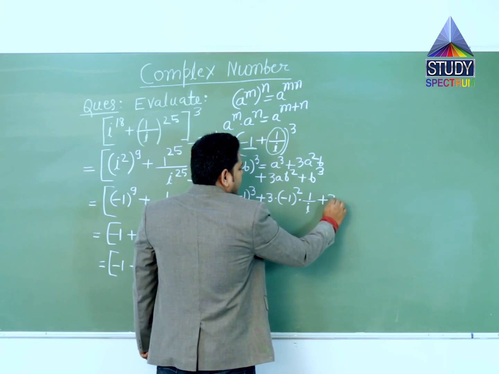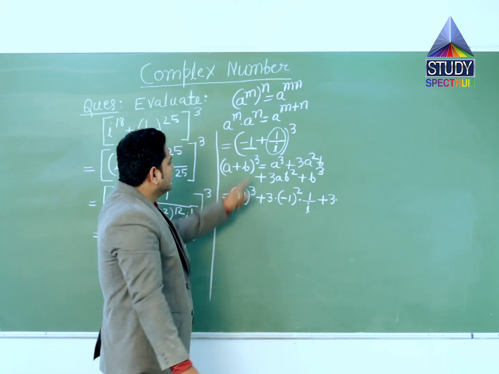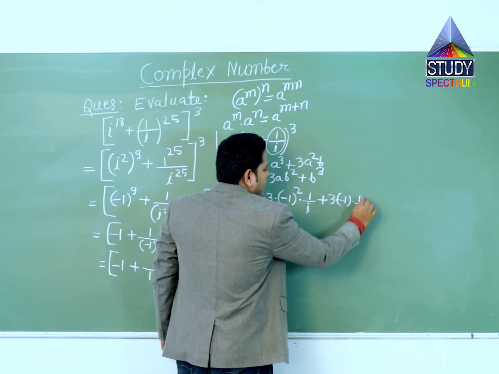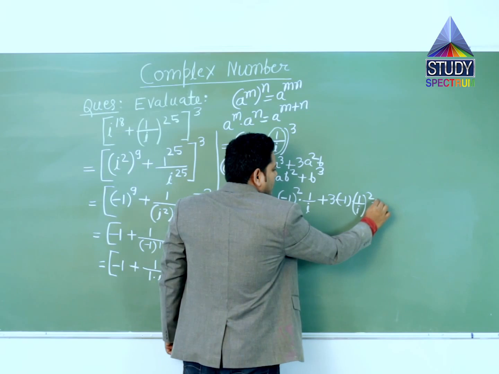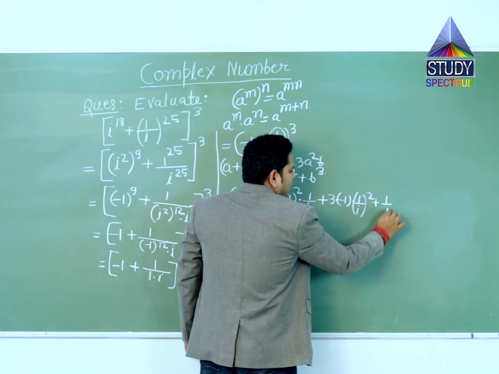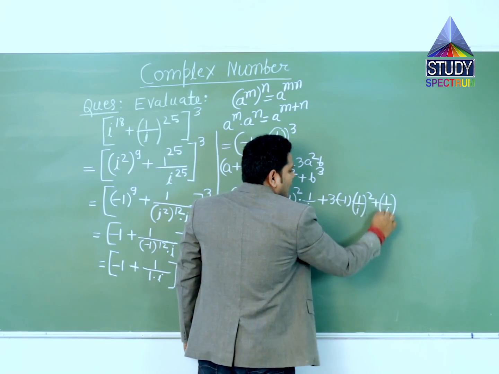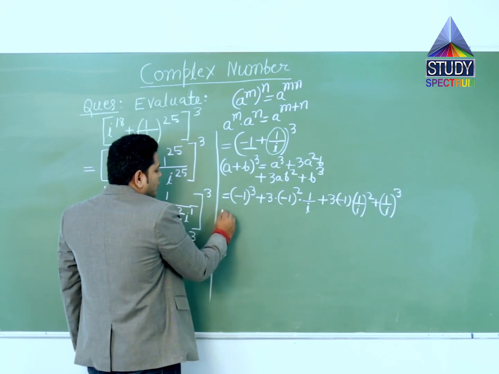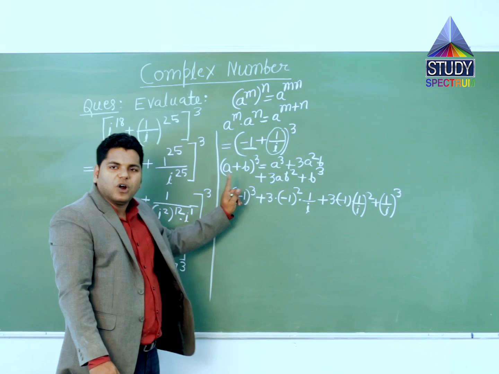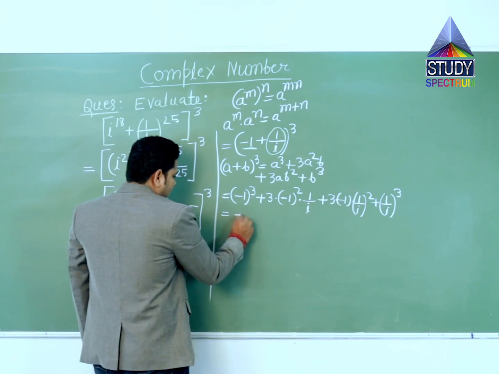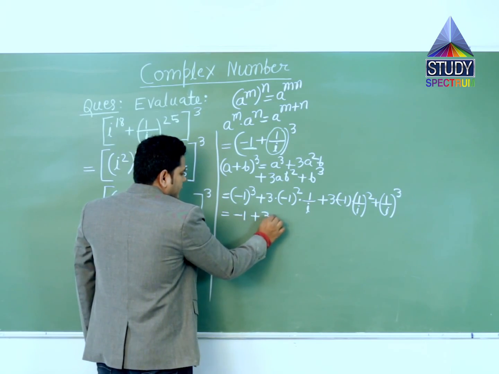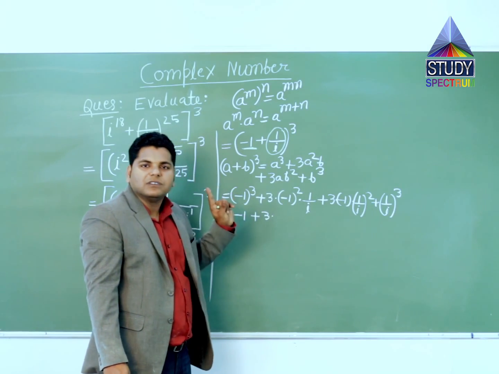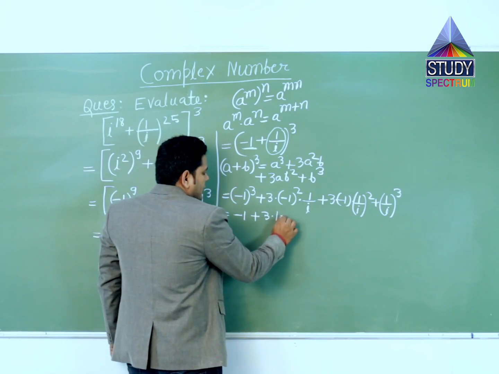Plus 3ab square, 3 into a; in place of a we have minus 1 into 1 by i square, plus 1 by i plus b cube, so 1 by i whole cube. Got it? So minus 1 to the power cube: we have minus 1 to the power odd number, so it is minus 1, plus 3 into minus 1 to the power even number, minus 1 to the power 2 is plus 1, into 1 by i